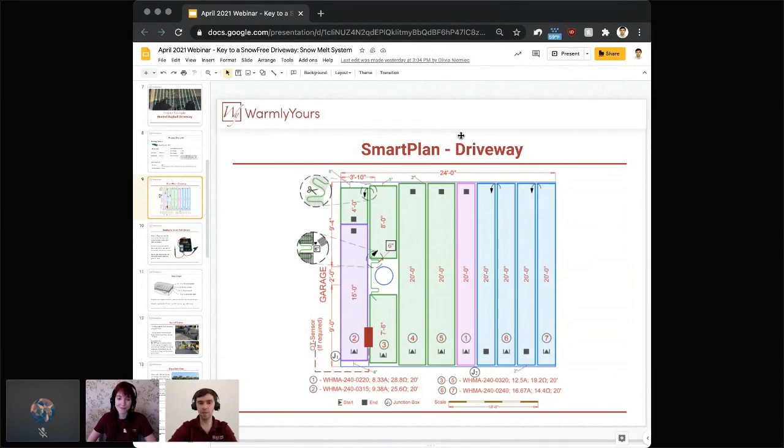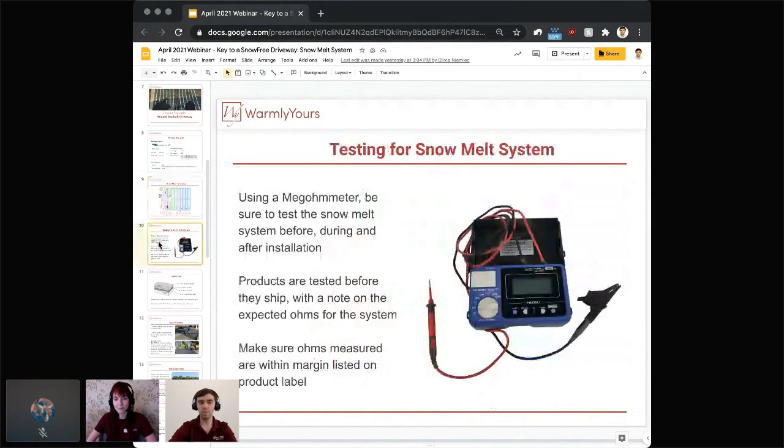So again, that's our SmartPlan. As long as you send us a simple sketch or plan with dimensions and the shape of the area, our design team will prepare that for you. That helps with installation, helps to select the proper materials, and ensures that the project is going the right way. So when the plan is done, eventually it's going to get to the installation day,